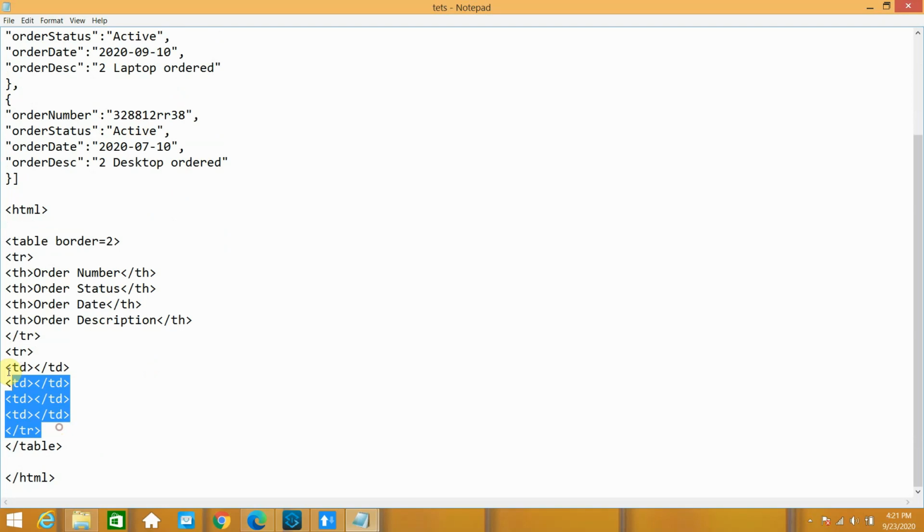Then I can write a Mule expression: payload 0, and then order number. And I can close this.